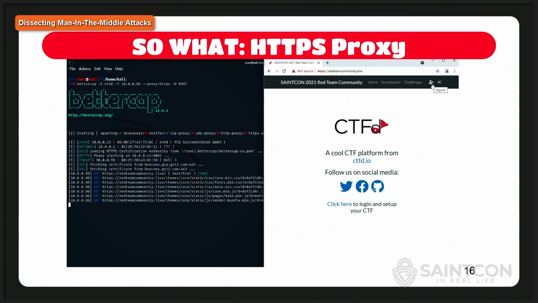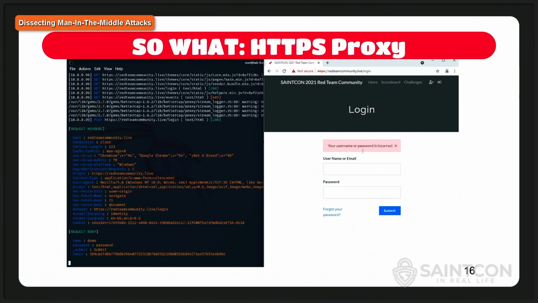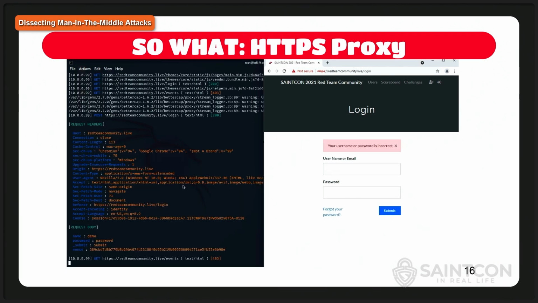So that being said, now I'm capturing an HTTPS session that's encrypted. It's going through the attacker's machine, which is basically creating a proxy for it. And you can see that, again, I was able to capture the username and password despite the fact that this traffic is encrypted. So the reason why I wanted to show this one is